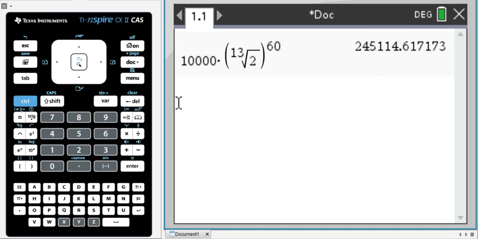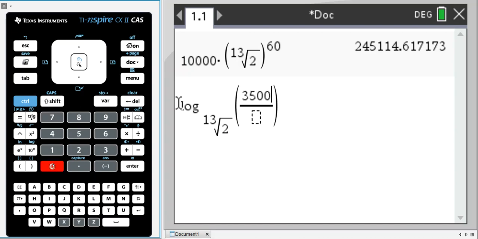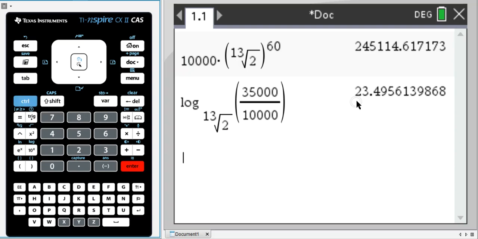So when I go to the calculator and apply the logarithm with the base of the 13th root of 2, evaluated at our goal of 35,000 divided by 10,000,